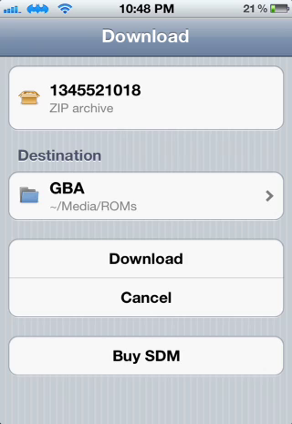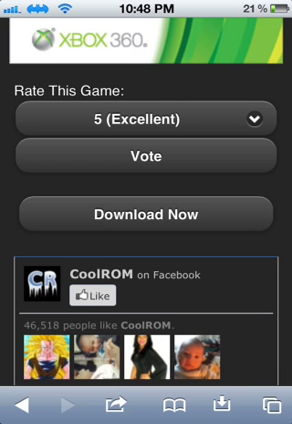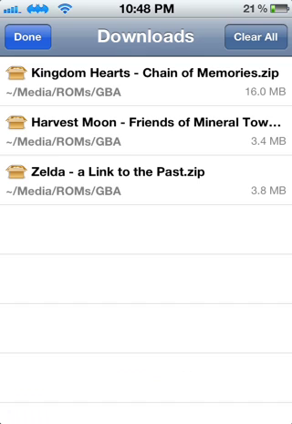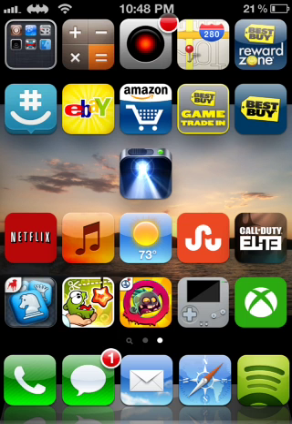Once you start that download, it actually is going to show it in Safari Download Manager. When you open up Safari again, it'll show it right there. It should have a load bar going across the game. Once it's done downloading,